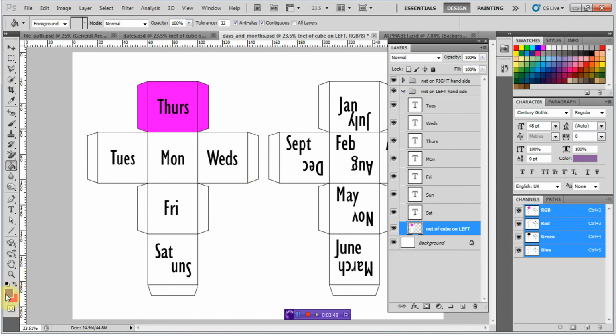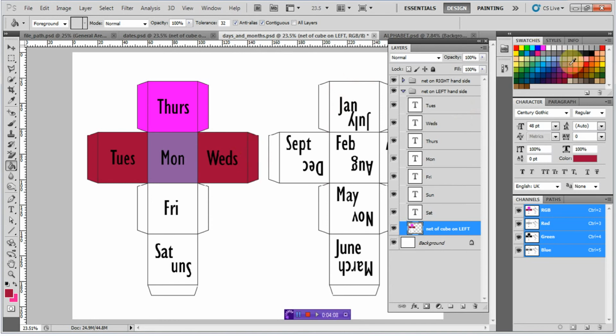So to change the colour, all we do, come over to swatches, choose the colour. Notice down here at the bottom of our toolbar, foreground colour is now changed. Just click inside the next square. Go back, choose another colour, come across, click inside that square and that glue tab at the same time. I'm going to do this side the same colour. So I'm choosing some nice complementary colours here. Okay, quite simple and straightforward. Like I say, just the paint bucket tool, clicking inside these squares and these glue tabs on the net of